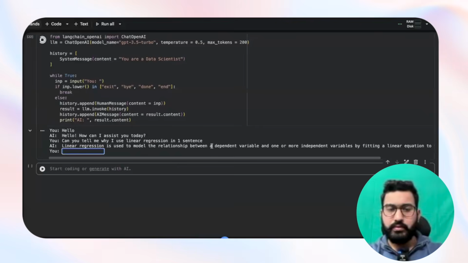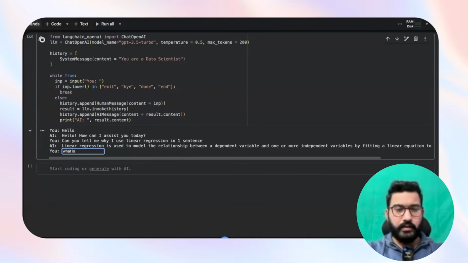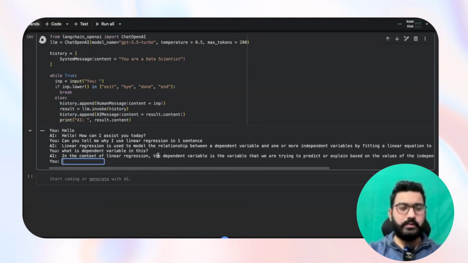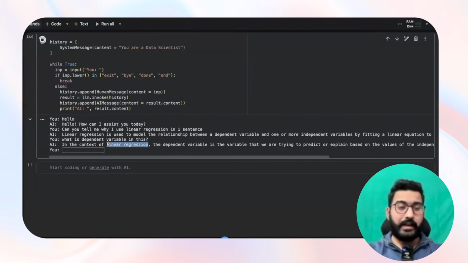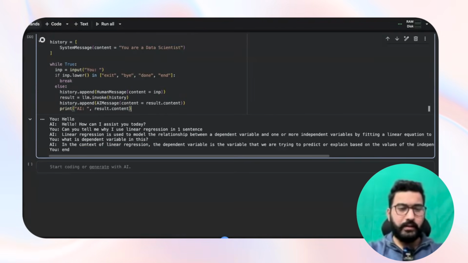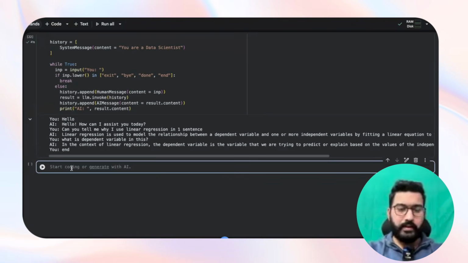Linear regression is used to model the ratio. So, okay. What is the dependent variable in this, in the context of linear regression? Now you can see that it is able to recall that I am talking about linear regression. Let me end this. So now if I look at the history,